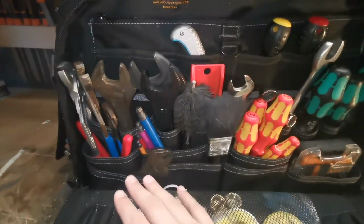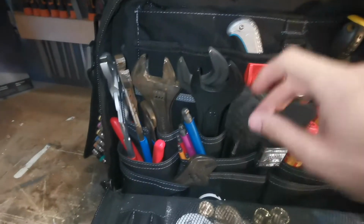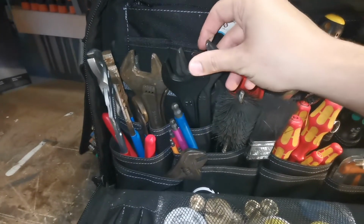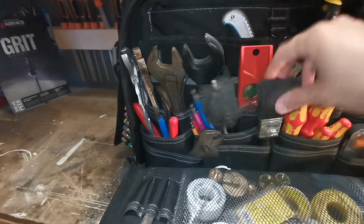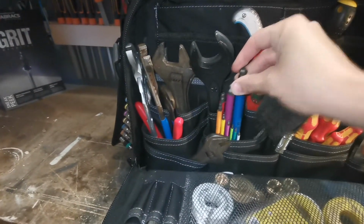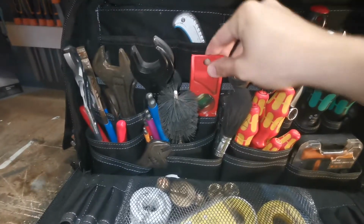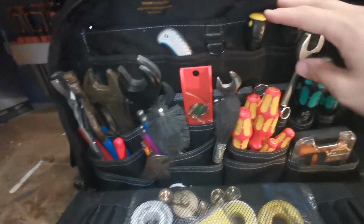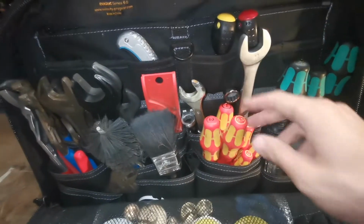Now you've got your main sections here, where I keep a selection of grips, adjustable spanners, 32 and 24mm spanners for 22 and 15mm compression fittings, flue brush, paintbrush, always handy for cleaning down on services. The Wera Allen keys just drop in there as well. Got the Capro spirit level there, really handy, fits in there really nice. Got a flip knife there, a couple of stubbies, Wera VDE screwdriver set there, selection of spanners,